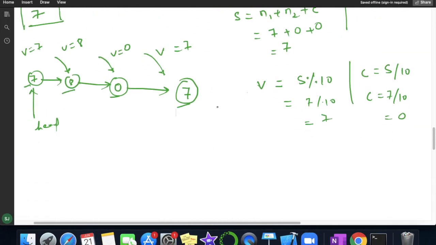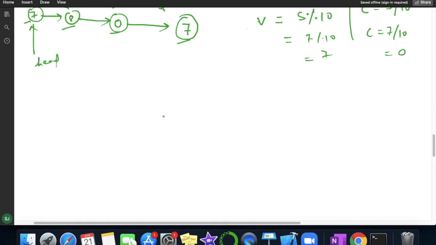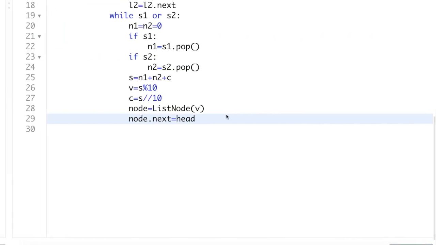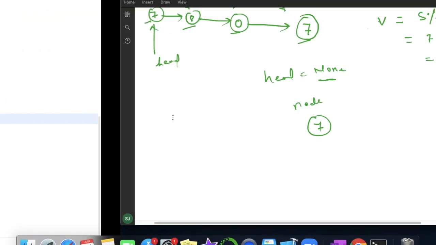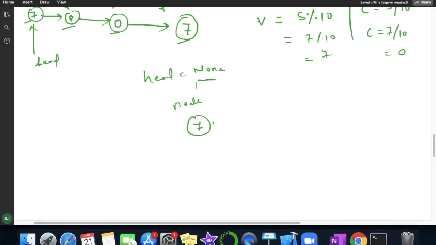Let me explain this here. We have initialized head equal to None. Now we have created one new node and passed the value, suppose 7. This is my new node and this is my head having initially None, and I am writing over here node.next equal to head.